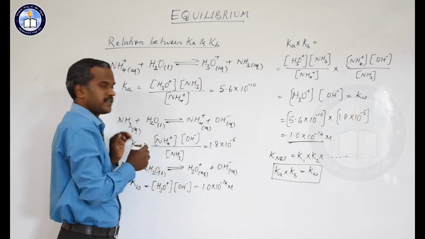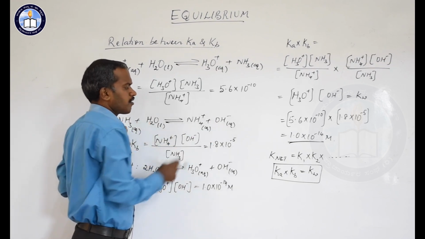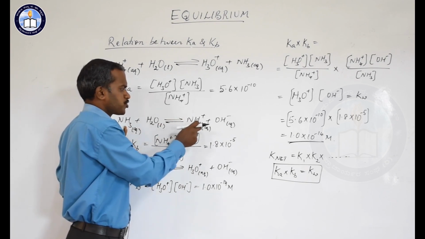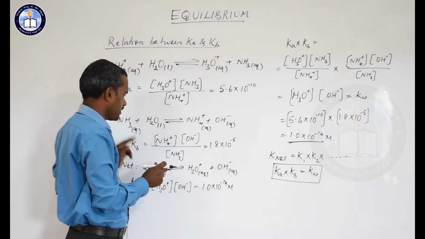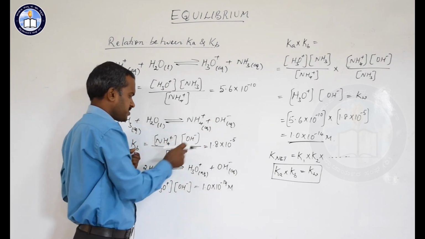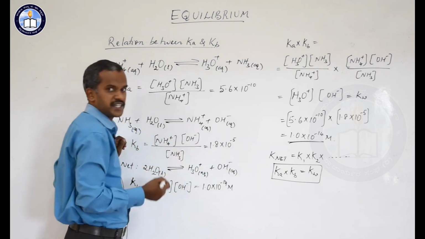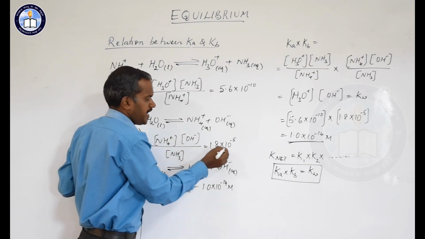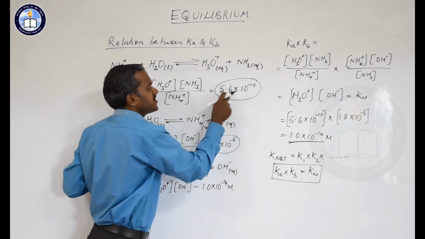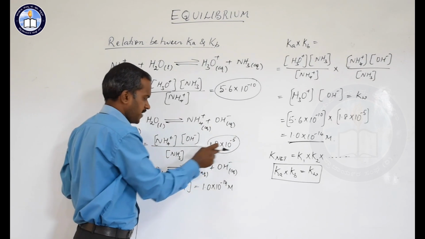So take up a second equation. Ammonia in aqueous medium forming ammonium ion and hydroxyl ion. So ammonia being a base, I told you earlier, it dissociates to produce ammonium ion and hydroxyl ion here in the aqueous medium. So Kb for that you can write as NH4 plus into OH minus divided by NH3, same thing. The value of dissociation constant of that weak base is 1.8 into 10 to the power minus 5. We will take these two values for the calculation later: 5.6 into 10 to the power minus 10 Ka value, 1.8 into 10 to the power minus 5 Kb value.